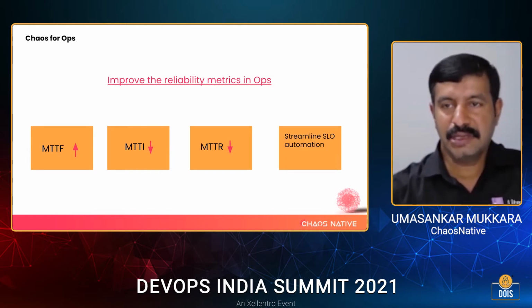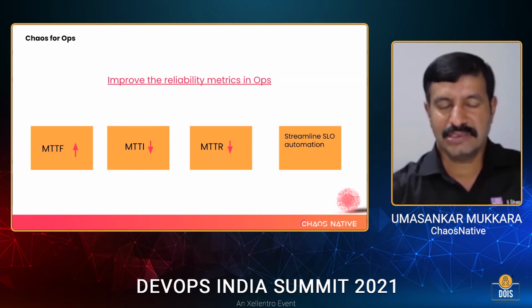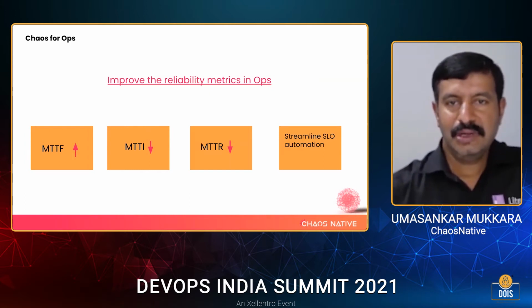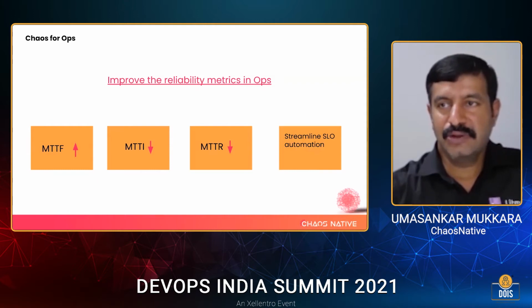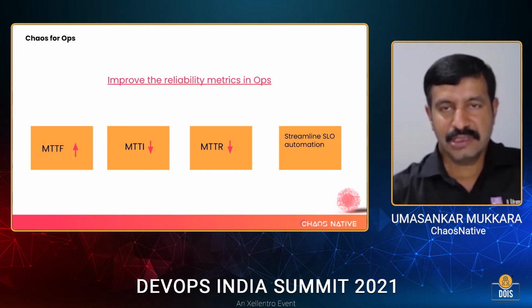You start with reducing MTTI and start reducing MTTR. And over a period of time, your time between failures will increase. And that's what you want, fewer outages, right? And also, one more parameter to look for in the reliability metrics around DevOps is SLO management, right? So what is your service level objective metric, and how are you defining your SLIs? And how are they being managed against these failures, either in pre-production or production?